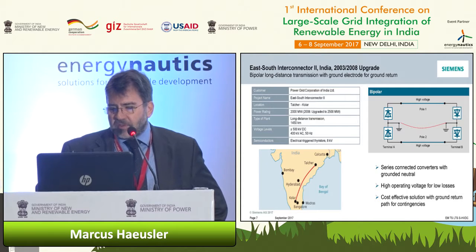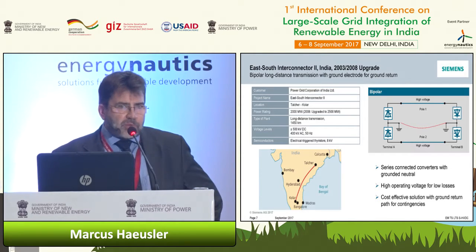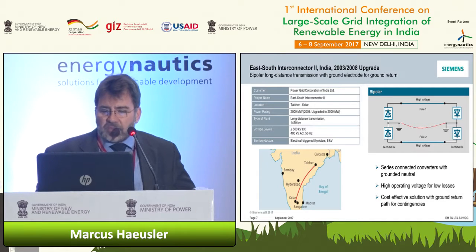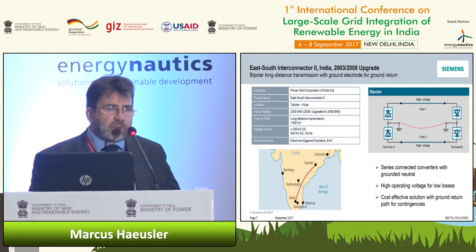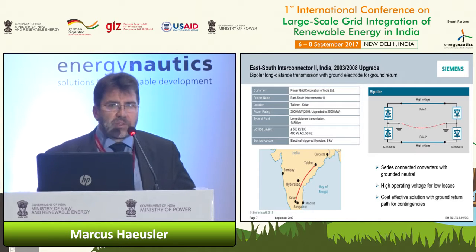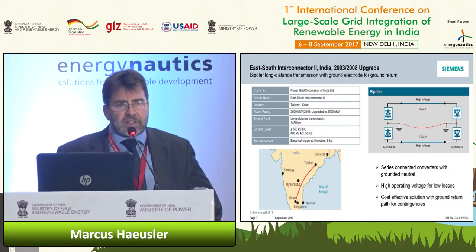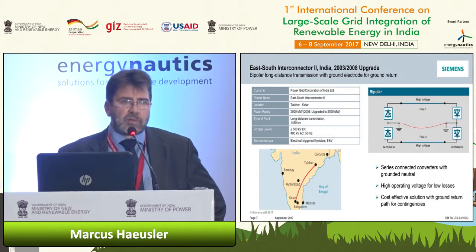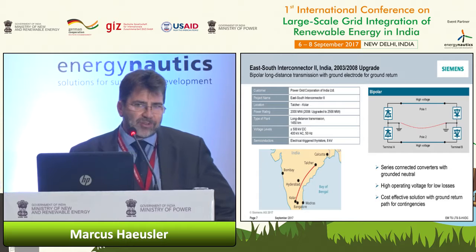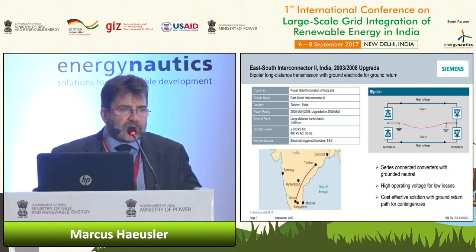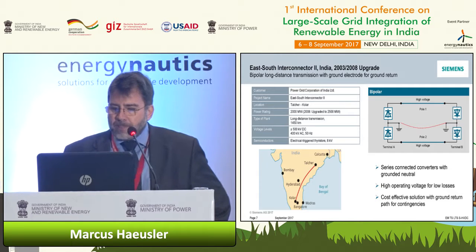You see, it's basically a series connection of 2 converters, 2 times 500 kV, and in the middle there's a ground potential. There can be another conductor in the middle, which is a neutral bus conductor or neutral conductor. So this is a highly flexible scheme where you also have some kind of inherent redundancy. If you lose one converter, for example, you can still operate the second one at 50% power.